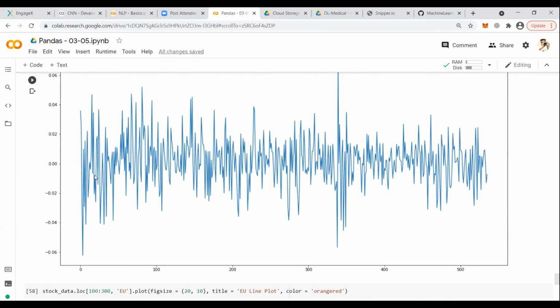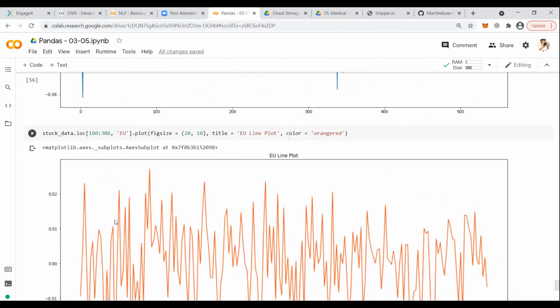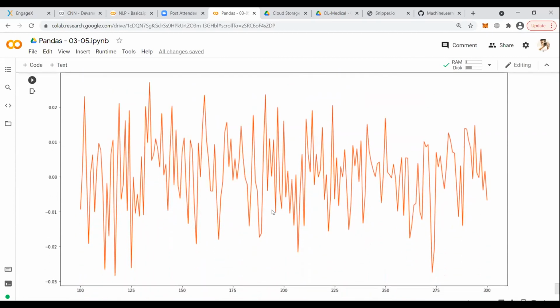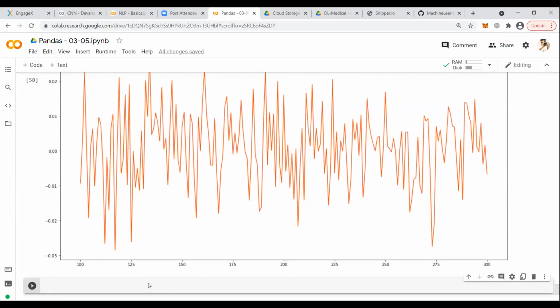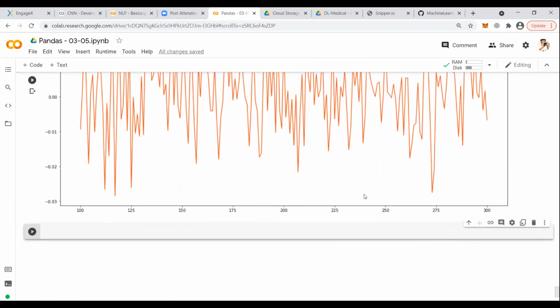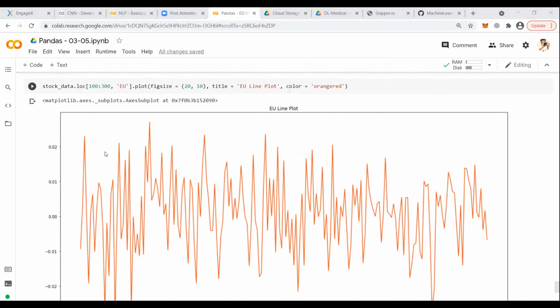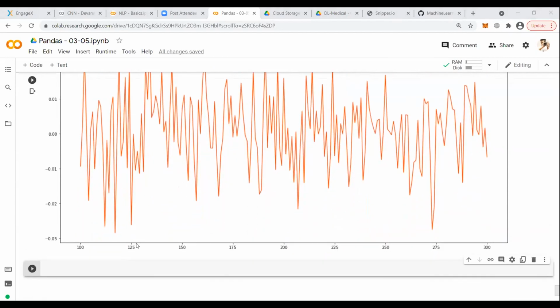Because it is a line plot, obviously you'll get a zigzag, as sometimes the value of EU or ISE is increasing and in the next row it is decreasing. That's why you're getting a trend. In this case, I have sliced the data between 100 to 300, so the data is not full but sliced between rows 100 to 300, and on the y-axis these are your values.